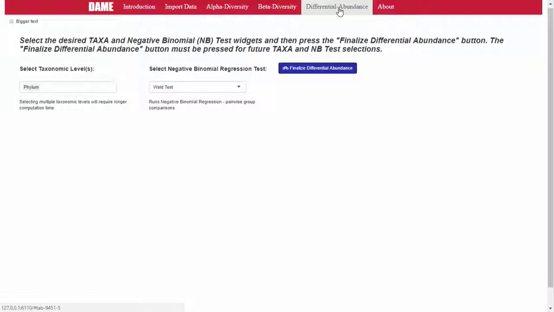And lastly, we have differential abundance using the DESeq2 package. This was based on the workflow from the phyloseq group at Stanford and their PLOS ONE paper. We use negative binomial regression since microbial data typically has zero inflation and overdispersion. But again, you can pick different taxa levels. We'll stick with phylum. We give two different tests, the Wald test for pairwise comparisons and the likelihood ratio test for just overall group comparisons. So we run it,